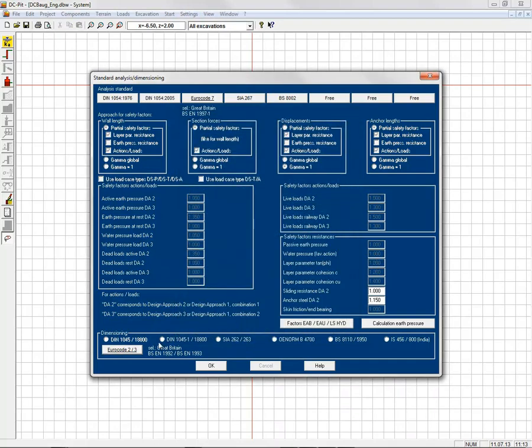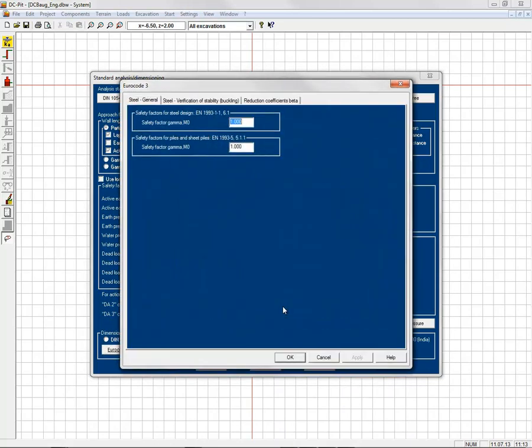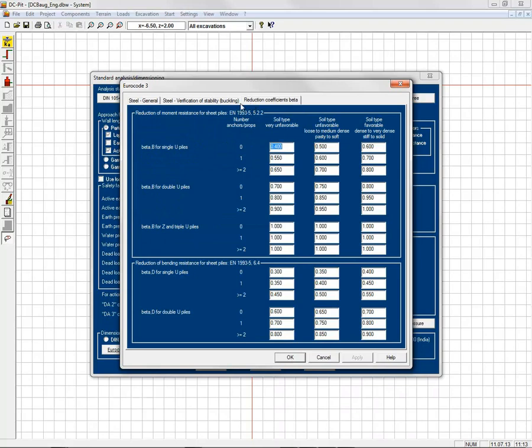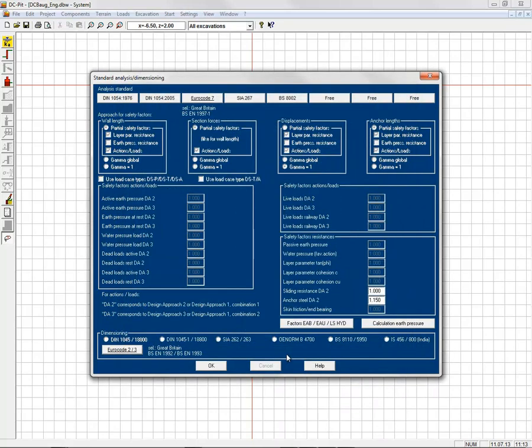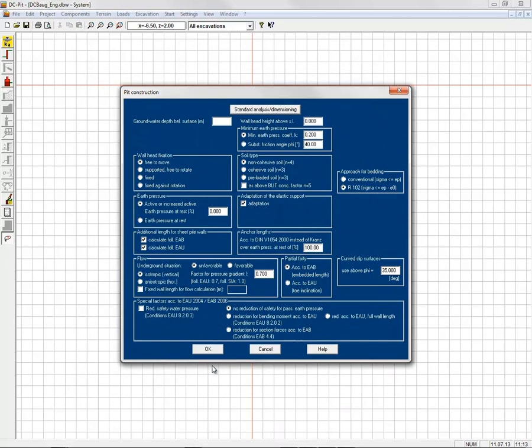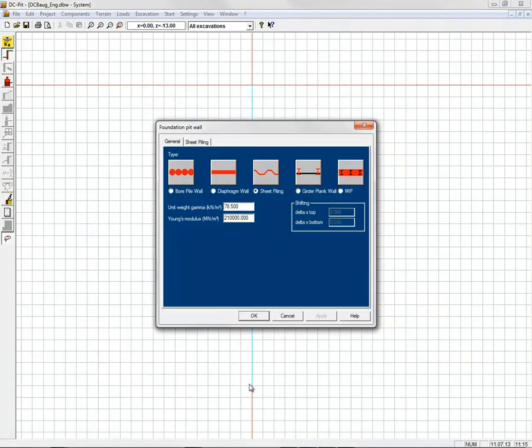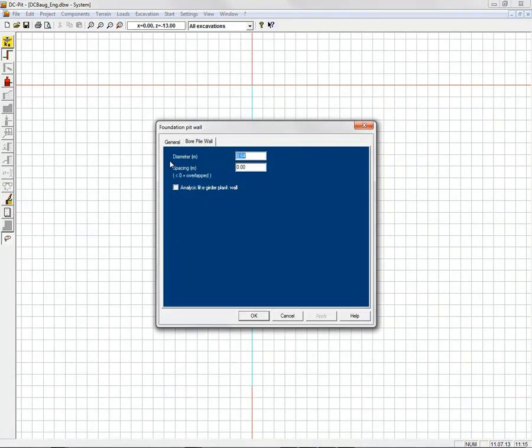For Eurocode 3, there is one dialog page for any type of verification, general parameters for the design, verification of stability, and reduction coefficient beta for sheet pile walls. The wall unit may consist of one line or of several sections that may have different inclination and be of different types. The following wall types are available: bore pile wall,